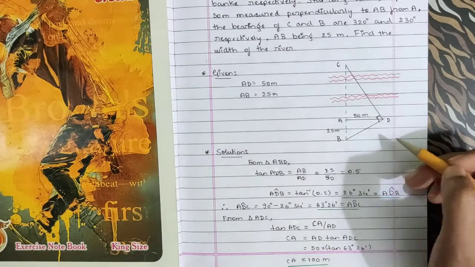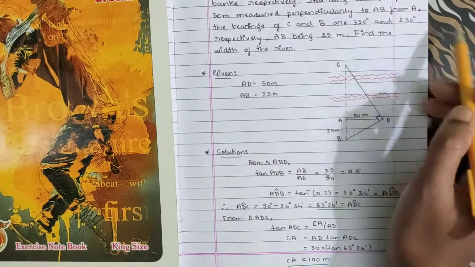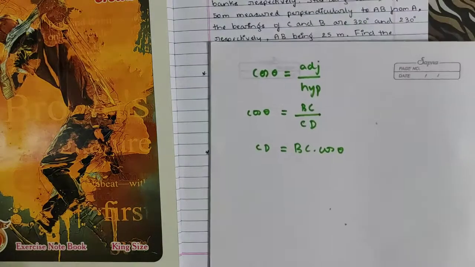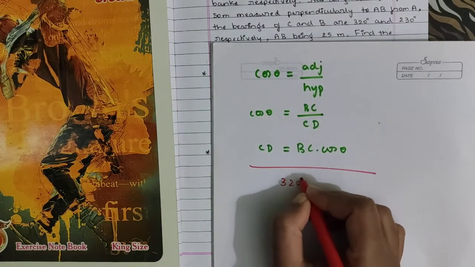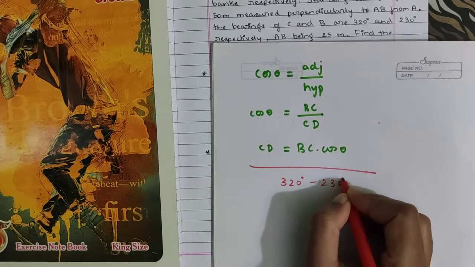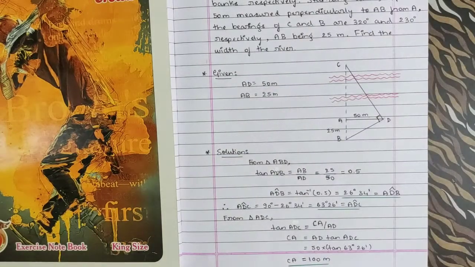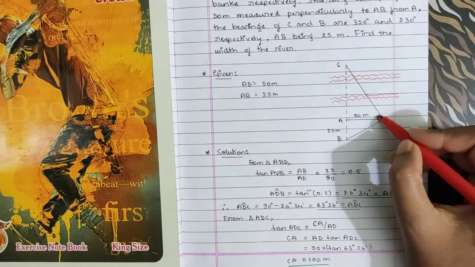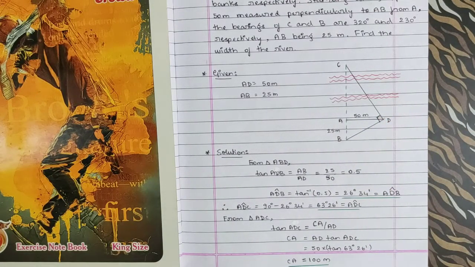So to confirm this, what we have to do is subtract the given bearings. When you subtract 230 from 320, what is the answer for this? It is 90 degree, isn't it? So when you subtract these two bearings, if you get it as 90 degree, then the angle over here is 90 degree. Now this is clear. Hope this is clear to everybody now.